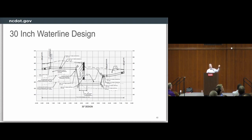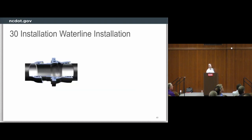You will notice in this drawing that we did go up under an MSE wall that's there. But the city of Raleigh said it's a small wall. It's not that big. It doesn't carry a lot of weight. It's not a major structure. We'll allow it, but with one caveat: you have to use a special pipe. So you just can't use ductile iron pipe. So what we ended up with, we used a flex lock ball and socket pipe,